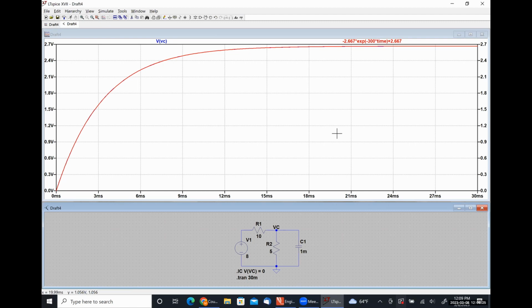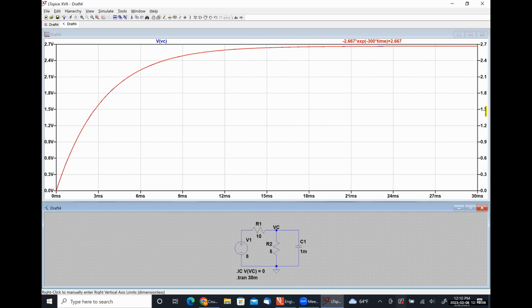Now, there are instances where we have done things correctly and it won't completely look right. And so I want to talk about that very briefly on how to check things. Okay. Notice that there is an axis on the left-hand side of the screen and there is an axis on the right-hand side of the screen. If these axes aren't the same, that's a problem. That's a very common mistake that I see students make, right? So we can see that this one starts from 2.7 and goes down to 0. This one also starts from 2.7 and goes down to 0. Since the axes are the exact same scale on both sides and the curves overlap each other, we did things